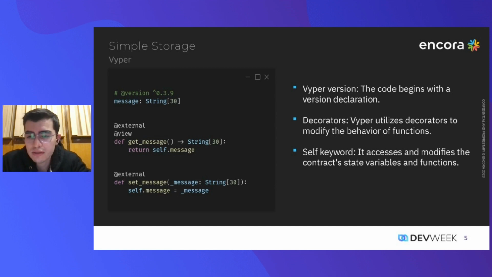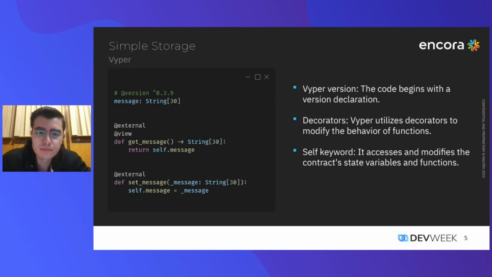And that I think is a plus because when you're working on traditional software, you don't have to keep in mind that maybe someone with less experience than you is going to read the code that you're writing. Or in some cases, you don't have to worry about your code handling millions of dollars. So with readability in mind, Vyper allows developers to create efficient smart contracts without sacrificing the basic building blocks of a good programming language.